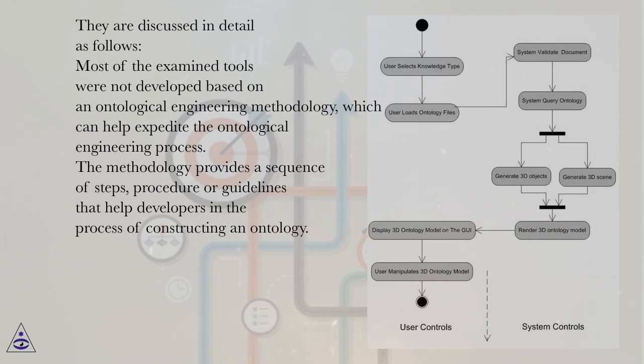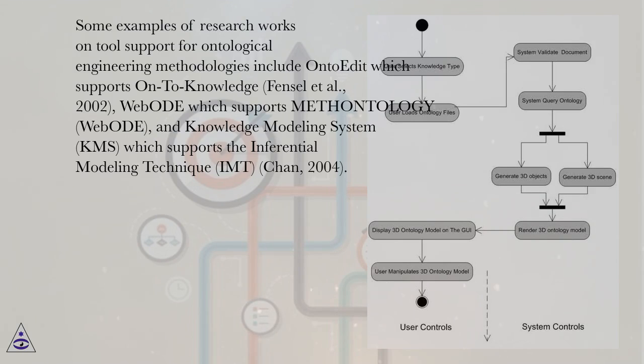Most of the examined tools were not developed based on an ontological engineering methodology, which can help expedite the ontological engineering process. The methodology provides a sequence of steps, procedures or guidelines that help developers in the process of constructing an ontology. Some examples of research works on tool support for ontological engineering methodologies include OntoEdit, which supports On-To-Knowledge (Fensel et al., 2002), WebODE, which supports Methontology, and Knowledge Modeling System, KMS, which supports the Inferential Modeling Technique, IMT,